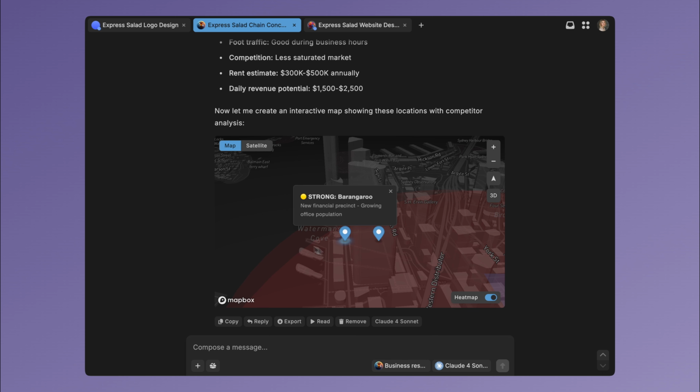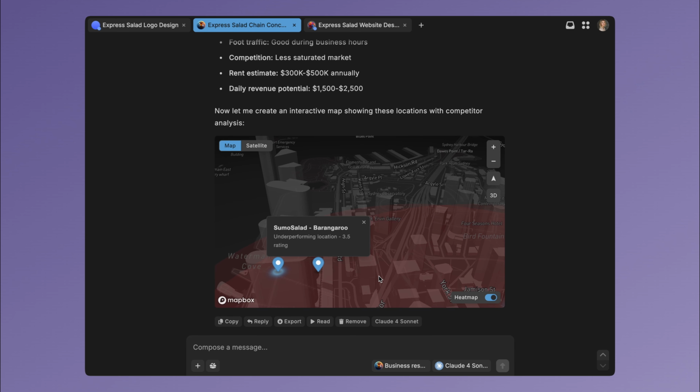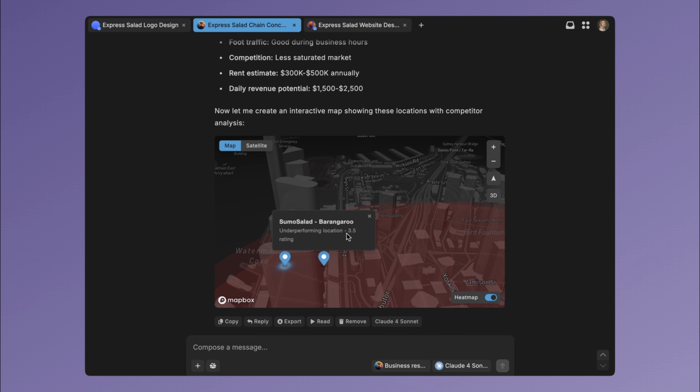And if we zoom in here, it's saying that Barangaroo is a new financial precinct with a growing office population, and that's a strong contender. But it's also showing me that there's an underperforming Sumo Salad here with only 3.5 stars on Google. So this looks like a pretty good spot to me to open a location because we've got that underperforming salad